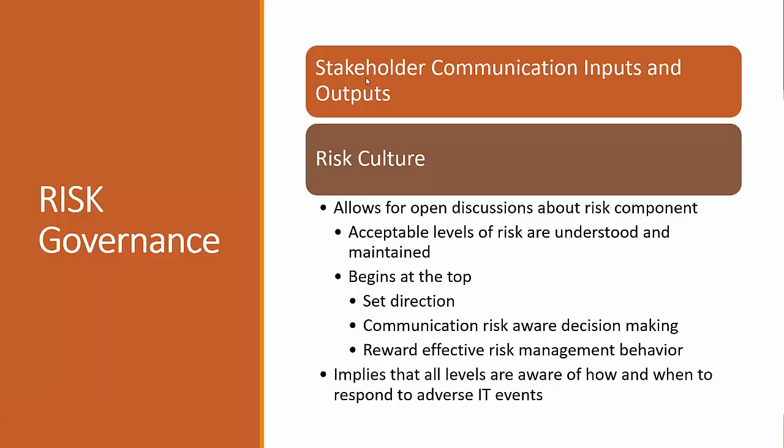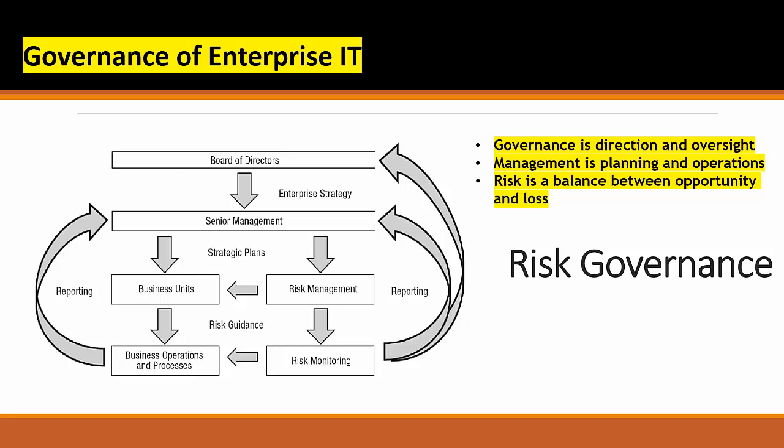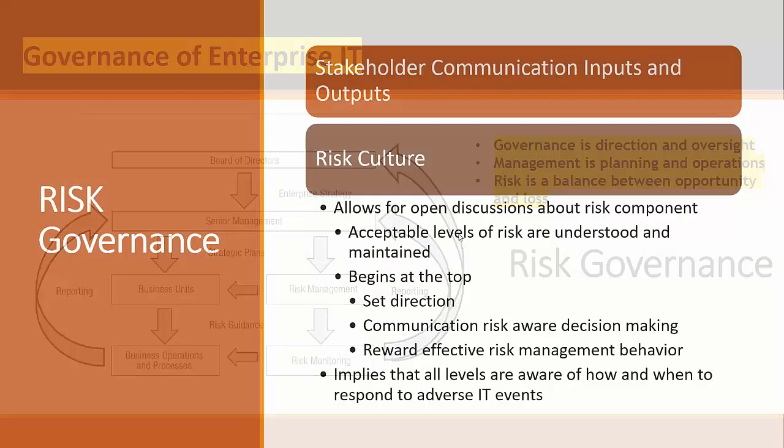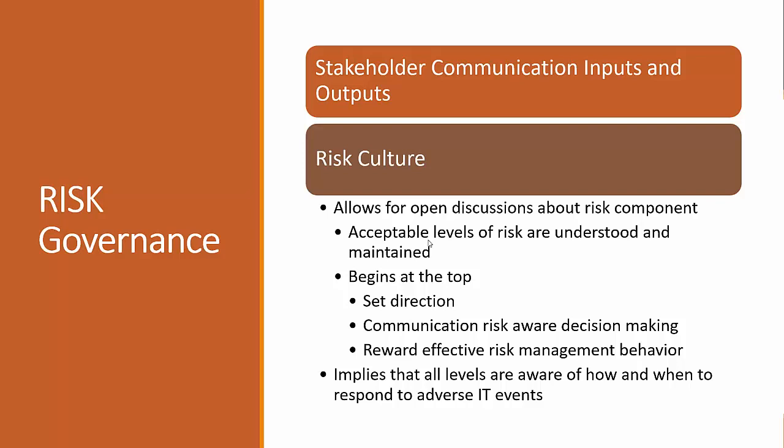So here you can see for risk governance, the first important thing is stakeholder communication, input and output. If I go back, whatever activity is happening here, monitoring of risk on the business, we are giving a direct report to senior management. So they have complete visibility, and there must be accuracy of the data, because we do the monitoring based on the data. So the first principle of good risk governance is stakeholder communication, input and output, because we always follow a top-down approach.